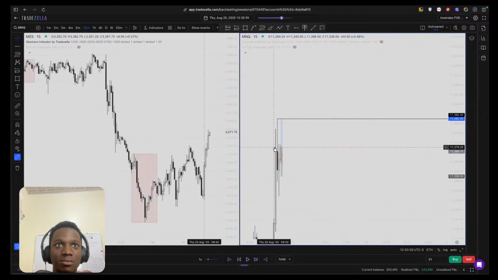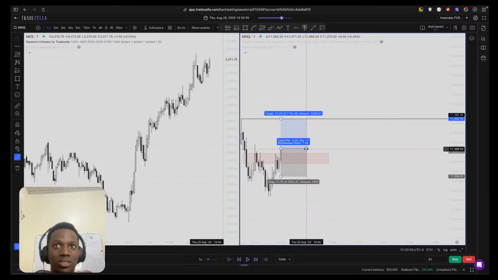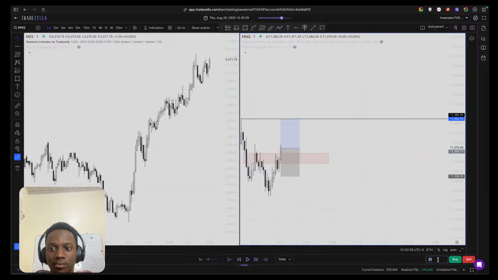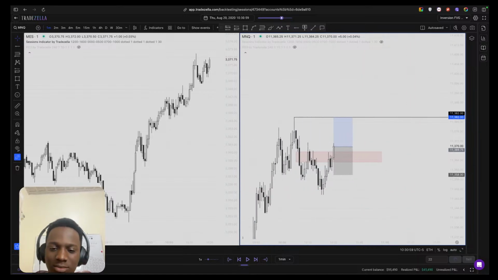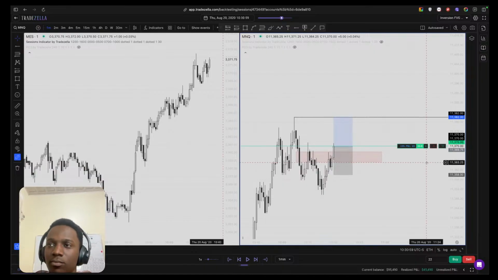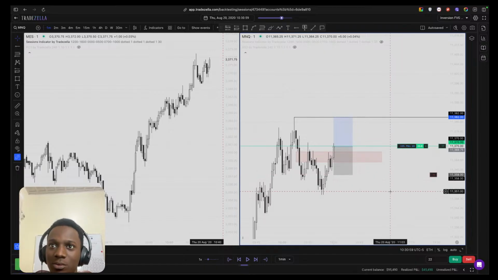And we check the 15-minute. I mean, ES has already run the target, so it's not the best opportunity yet. And so you can take the 22 micros on this thing, around 2 minis. So stop will be at this low, and we'll just have to wait to see if price will expand higher.